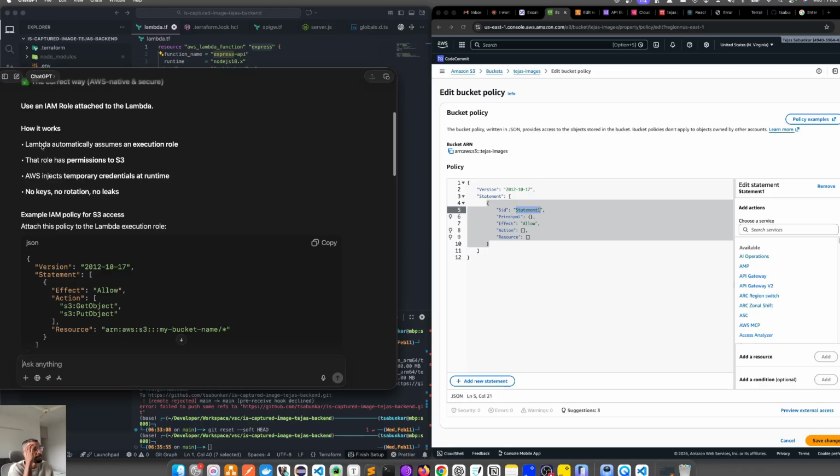Lambda, oh yeah, it says clearly how it works. Lambda assumes an execution role. The role has permissions to S3. AWS injects temporary credentials at runtime, no key, no rotation, no leaks. So Lambda automatically assumes an execution role. So there is an execution role that has been created. The role has permissions to S3. So for this execution role,